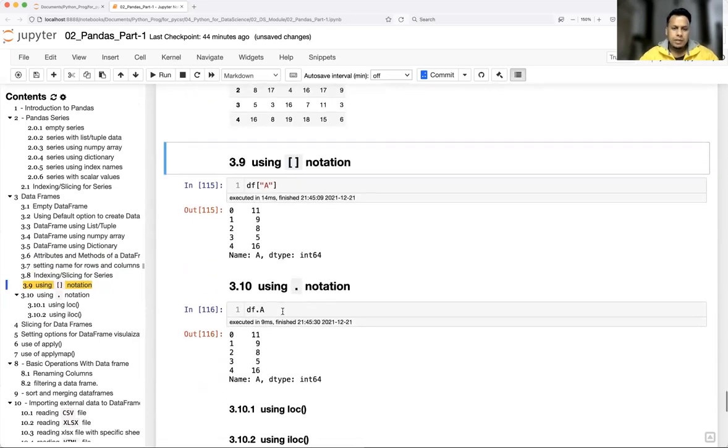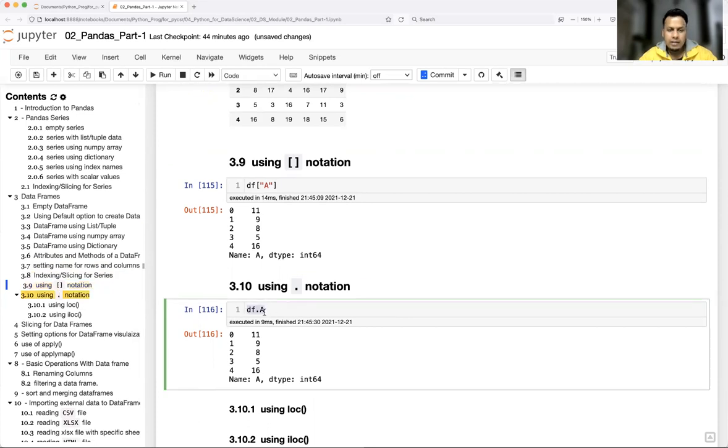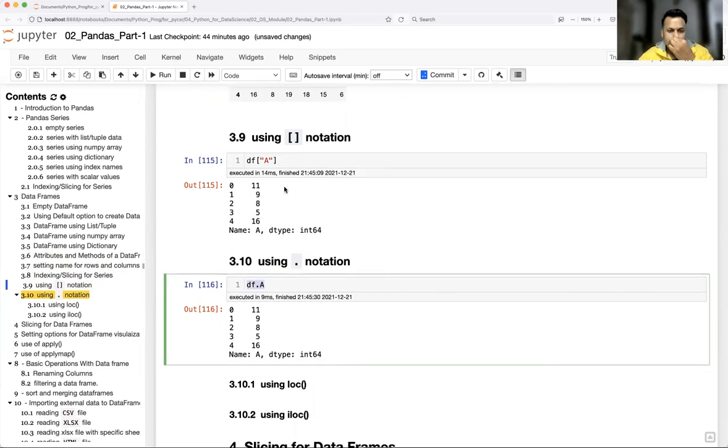It is up to you guys. Whenever we iterate over all the columns of the data frame, you may not be able to use df.a directly. Sometimes it happens, so that's where you have to use bracket notation. But if you just want to analyze the data of a given column, you are free to use anything.